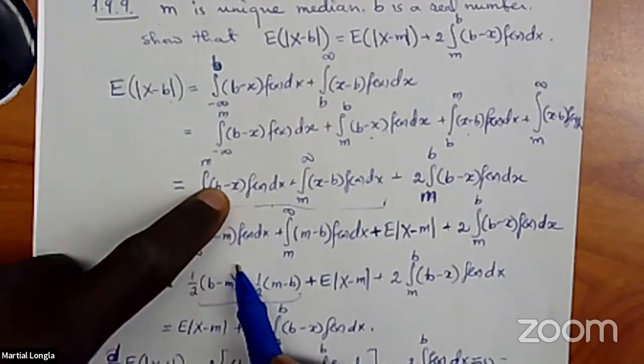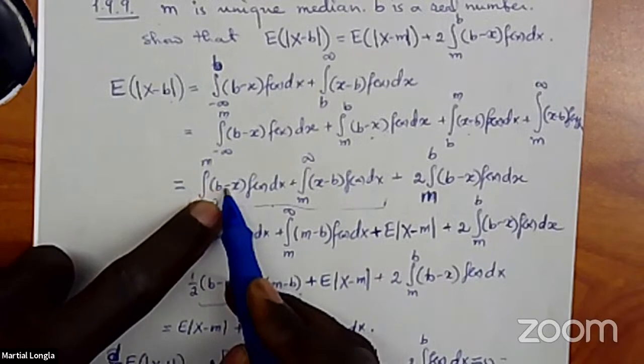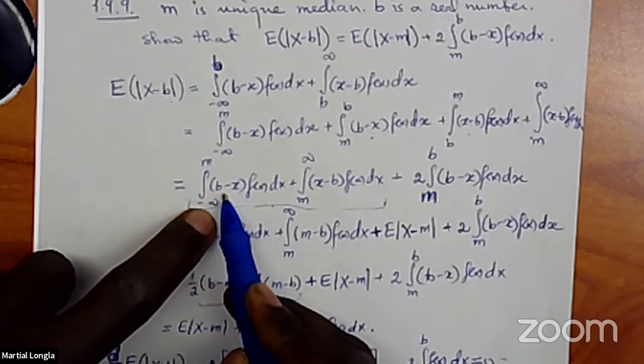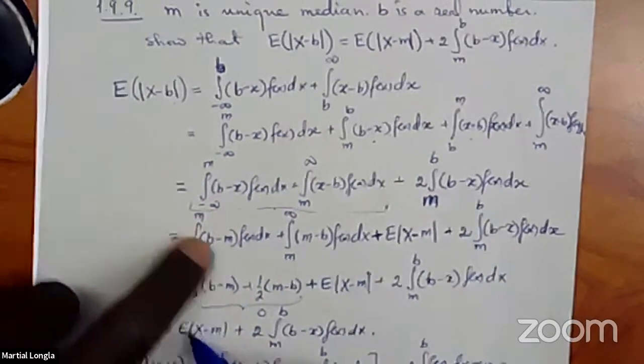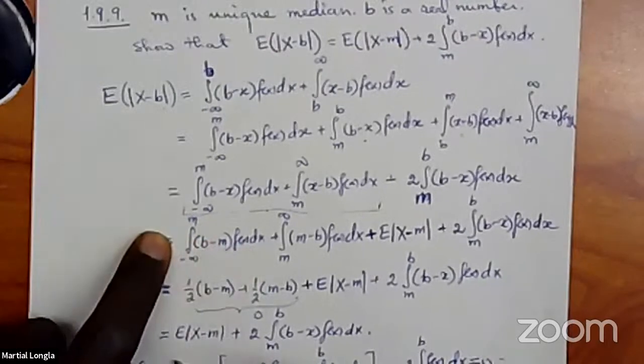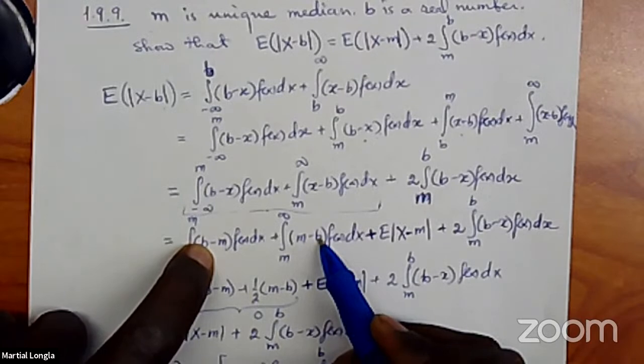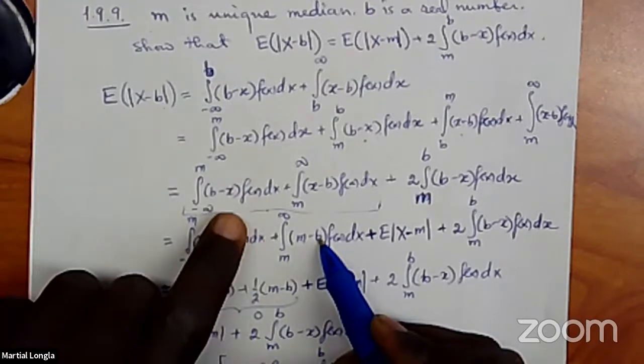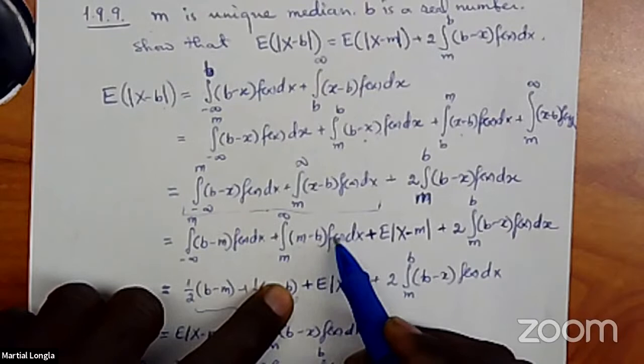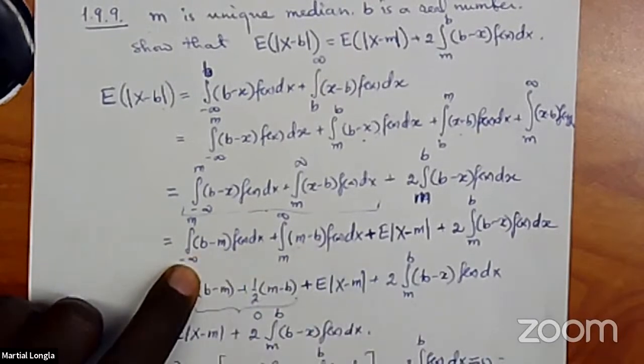What I'm missing here is m. So I'm going to plug in m minus m here. One of the m's that is minus goes with the first piece, which is b, and the other one stays with b. So I'm going to have m minus b times f of x, and then